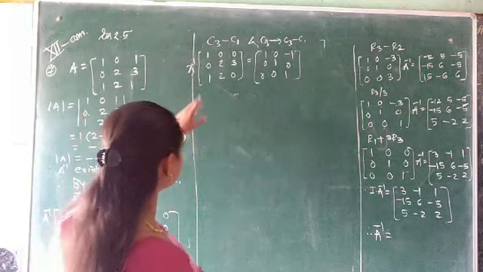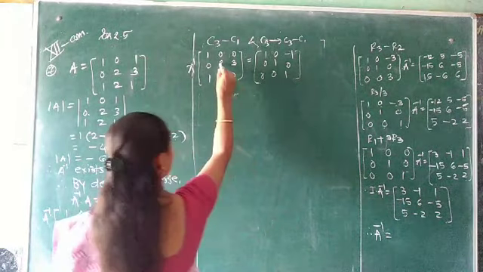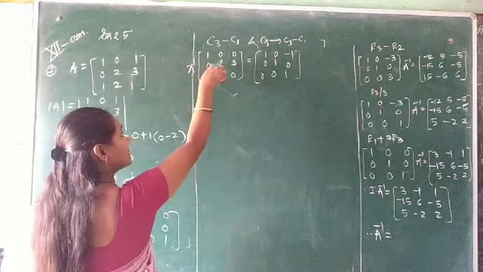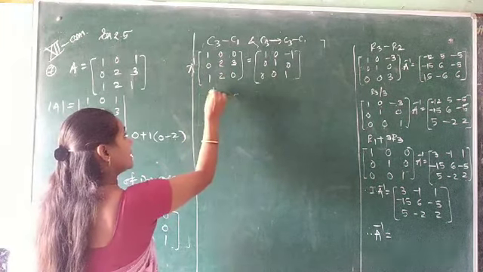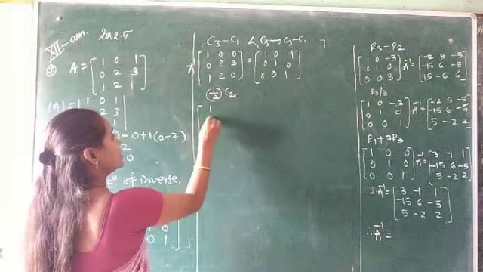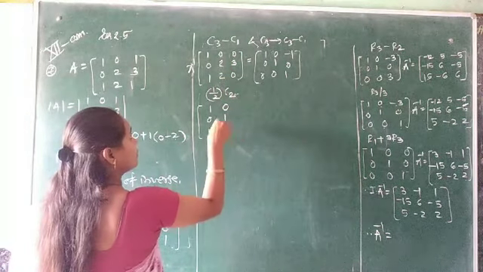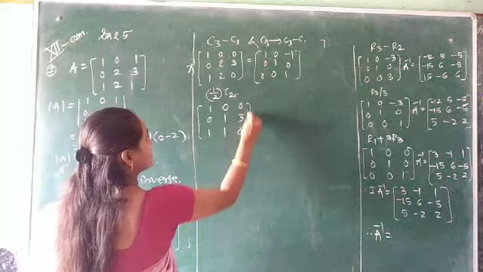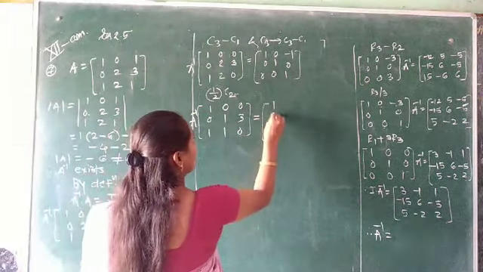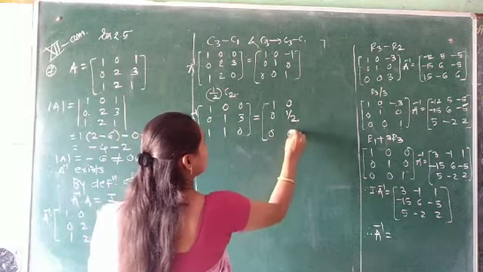Now see, we have to make this 2 into 1. So here we divide by 2. And in which column is the element? That is in column C2. So we multiply C2 by 1 half. So 1 0 1, 0 upon 2 is 0, 2 upon 2 is 1, 2 upon 2 is 1. Write C3 as it is. A inverse is equal to 1 0 0, 0 upon 2 is 0, 1 upon 2, and it is 0, minus 1 0 1.